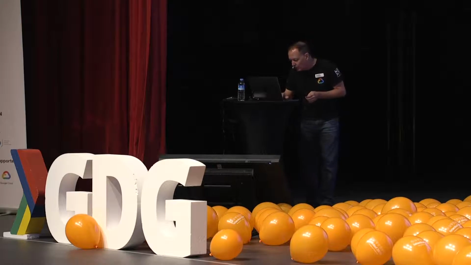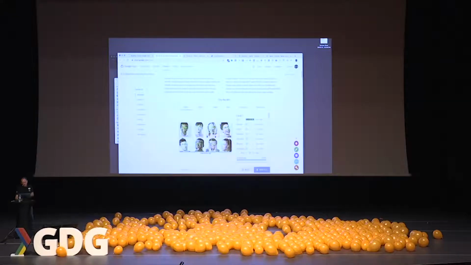Let's look at one more example. I want to look at expressions. So here, the Vision API understands people's faces. It doesn't identify people's faces, but it will extract features, expressions, rotation, angles.